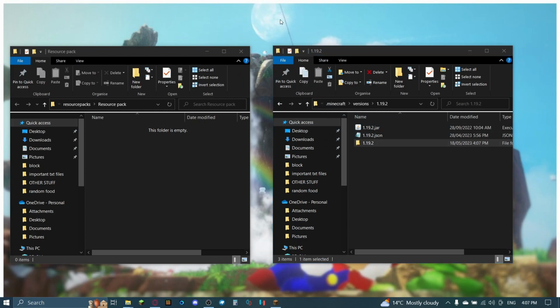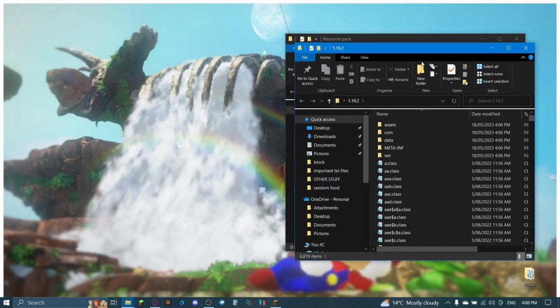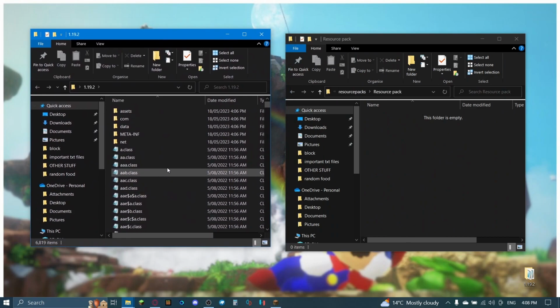Now I'm going to drag it onto my desktop because it's a good place to keep it, because you have to open this every time. So now you can open this folder and you'll have everything. All of these class files you can delete. However,